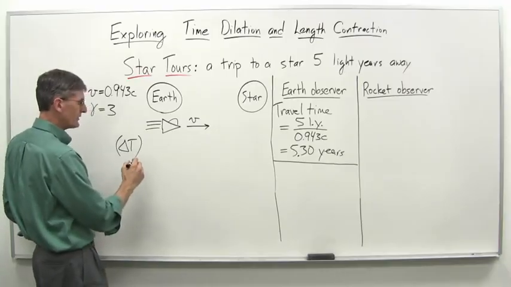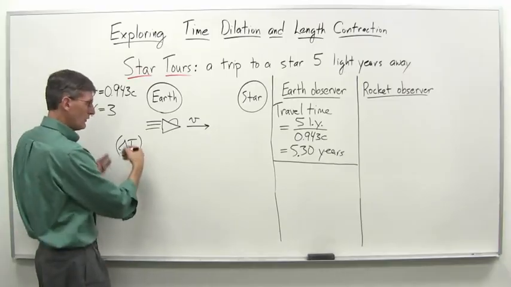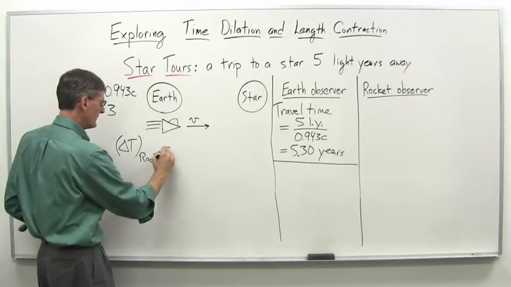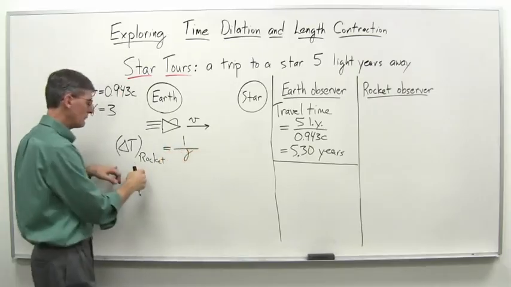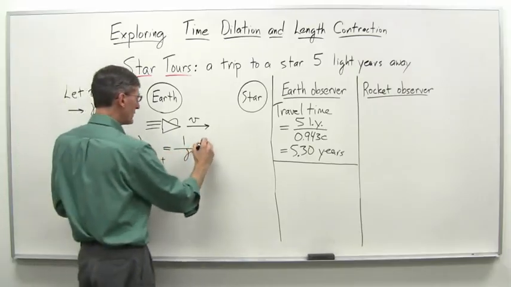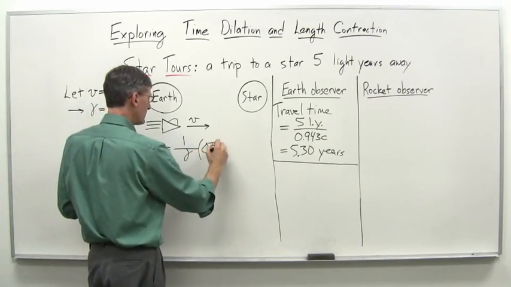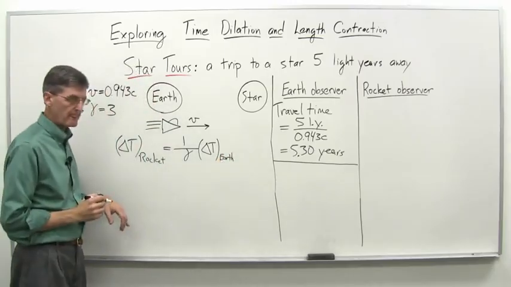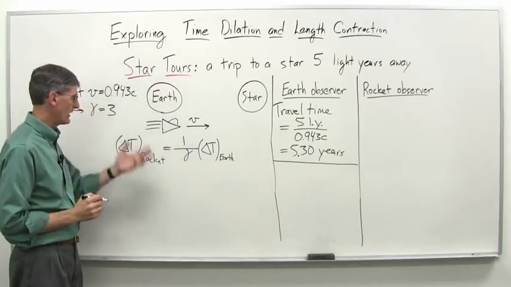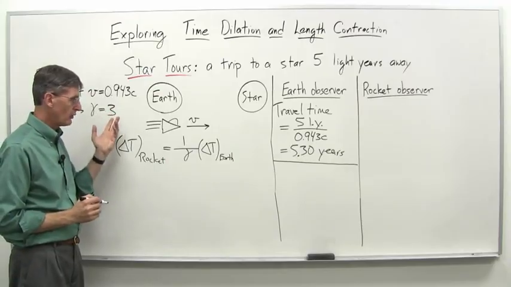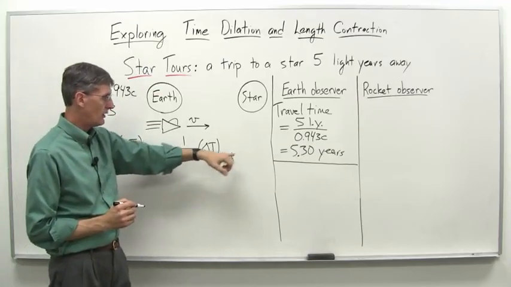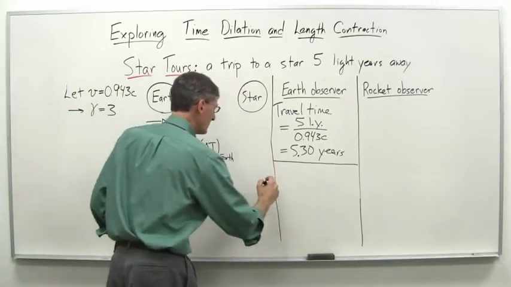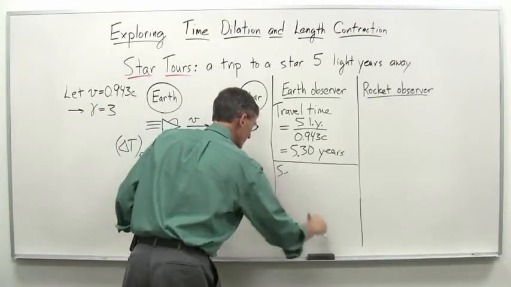So delta T for the rocket is 1 over gamma times the elapsed time in the Earth-star frame. Okay? And gamma is 3. We've set that up. So if delta T on Earth is 5.3,